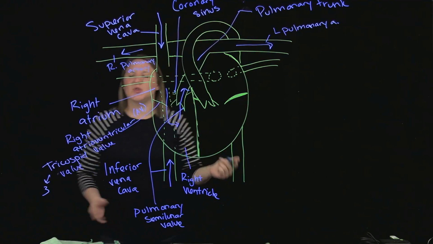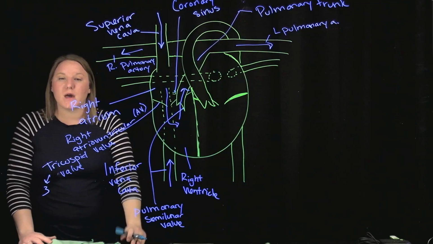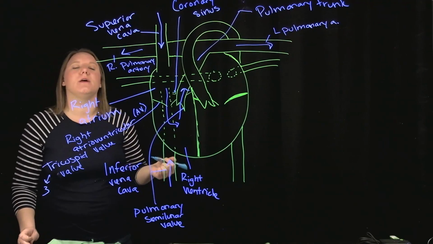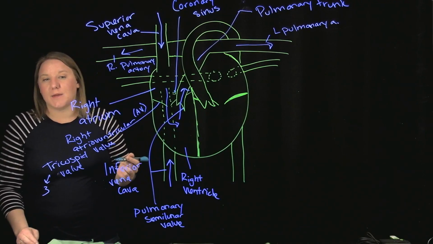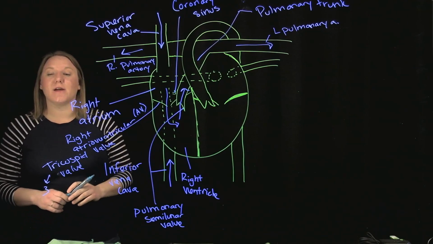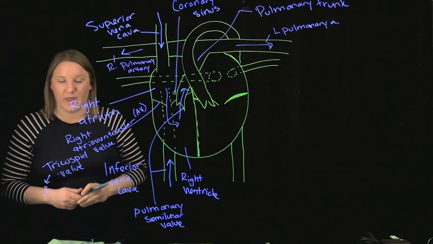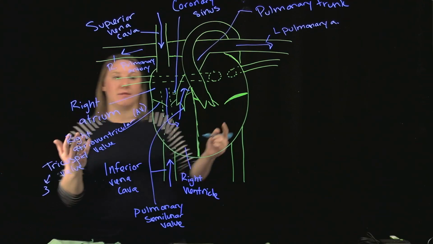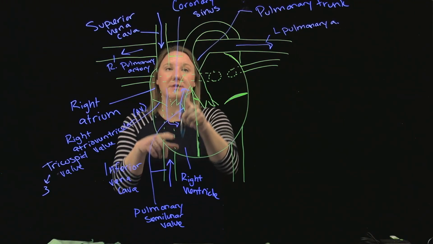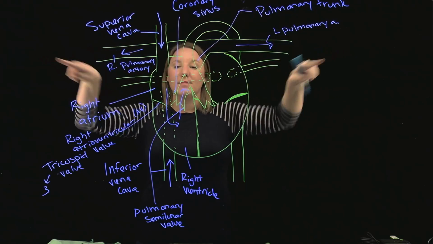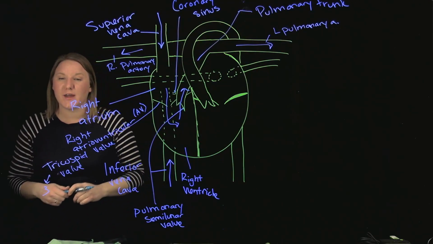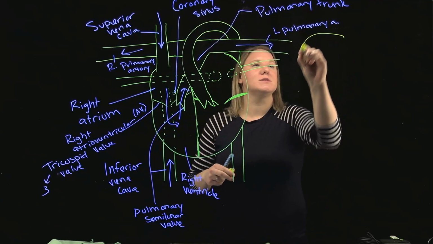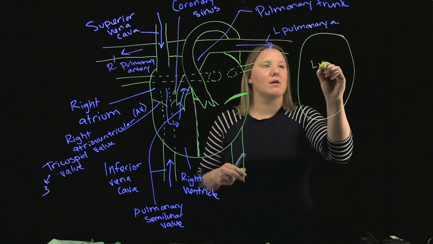Now, these are strange as far as arteries go because we're using the blue marker, which means these are low in oxygen. Arteries and veins are not named for their oxygen content, they are named for the direction that blood is flowing. Arteries are vessels that carry blood away from the heart, and that's what we're doing, right? We got pumped by the ventricle, and now we're going away from the heart. They're pulmonary because they are taking us to the lungs. So let's do some quick lungs over here